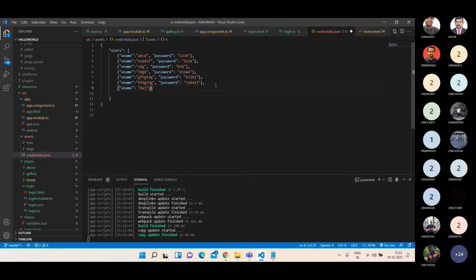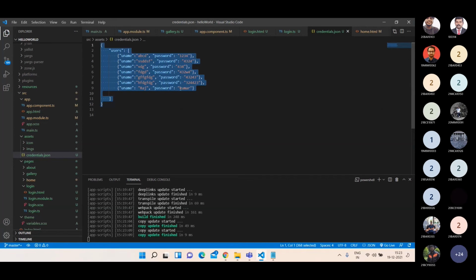Username Raj and password, I'm giving it as Kumar. So we have this database. Assume this is coming from the backend. For your understanding purposes, I'm creating it. Just assume we are getting it from the backend.